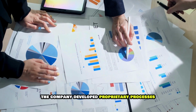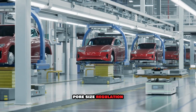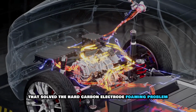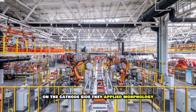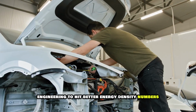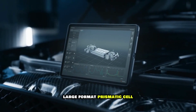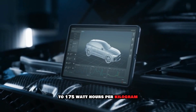The company developed proprietary processes, including what it calls angstrom-level pore size regulation and surface molecular water-locking techniques that solved the hard carbon electrode foaming problem and made consistent high-volume production actually achievable. On the cathode side, they applied morphology control and surface modification engineering to hit better energy density numbers. The result is a 300 plus ampere-hour large format prismatic cell with an energy density of around 160 to 175